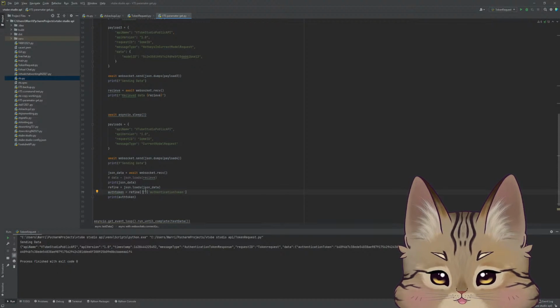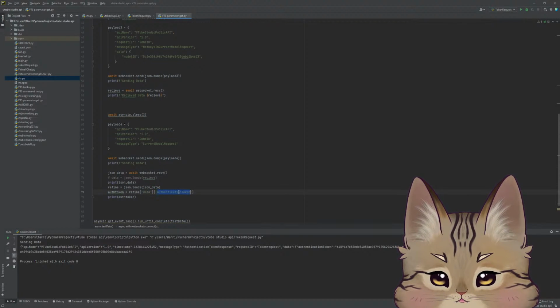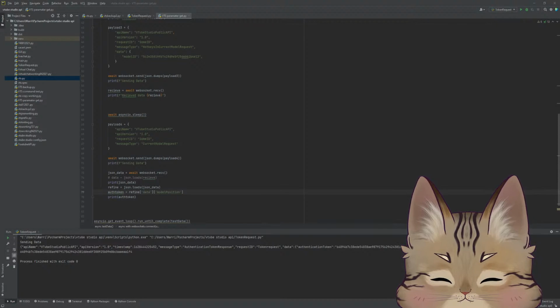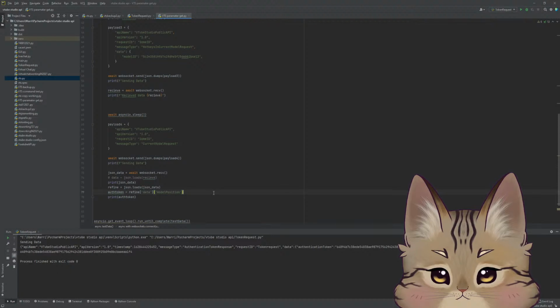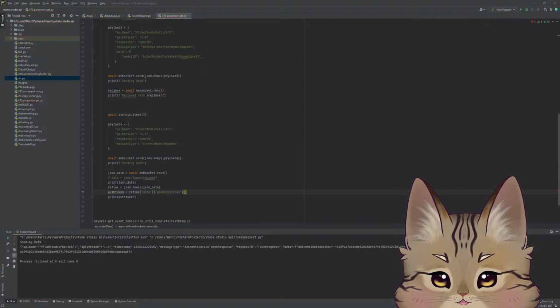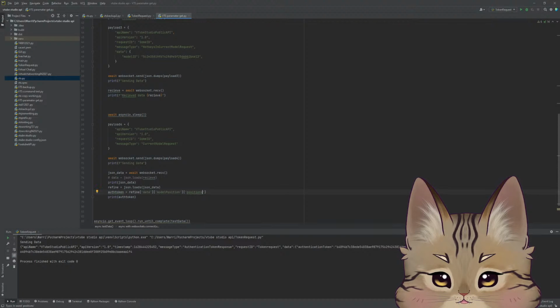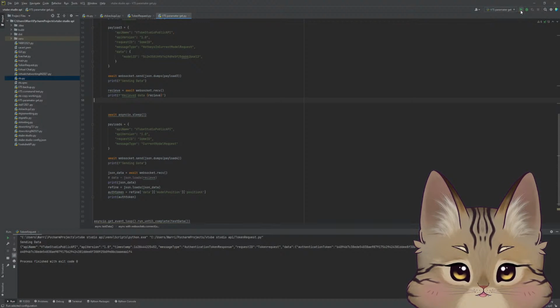We need to look for data. Then we need model position. And then we want one more refine, which is position X. Oh, capital X. Okay, so this should give us